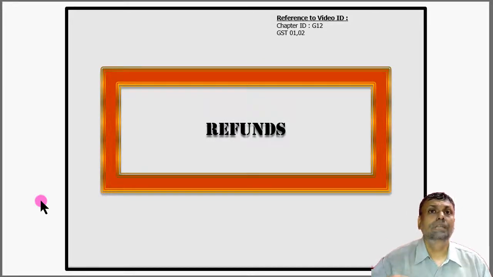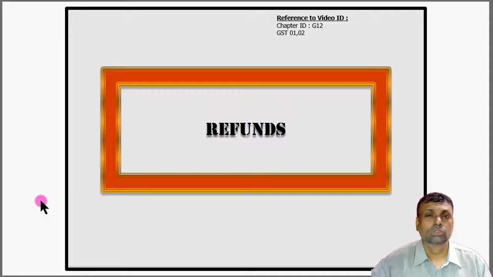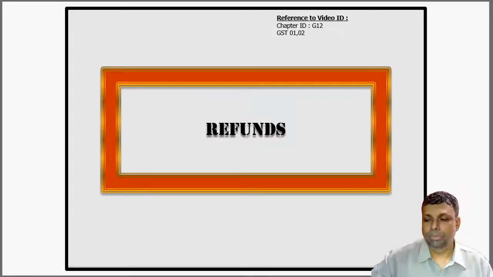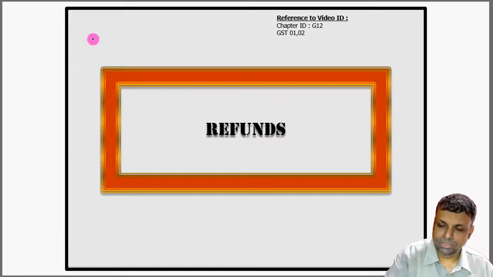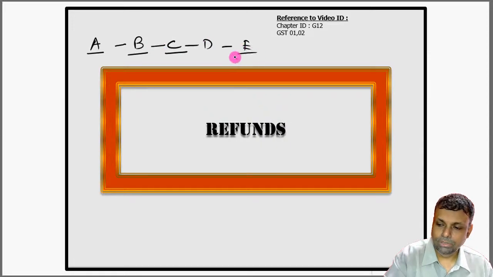So logically, if any refund is ever to be given, it should always be given to the end consumer, who is the actual consumer of those goods, but practically it may not be possible. Just imagine a broad economic situation under the GST. Say, for example, Mr. A, the manufacturer, sold to B, who sold to C, who sold to D, who sold to E. E is the ultimate consumer.